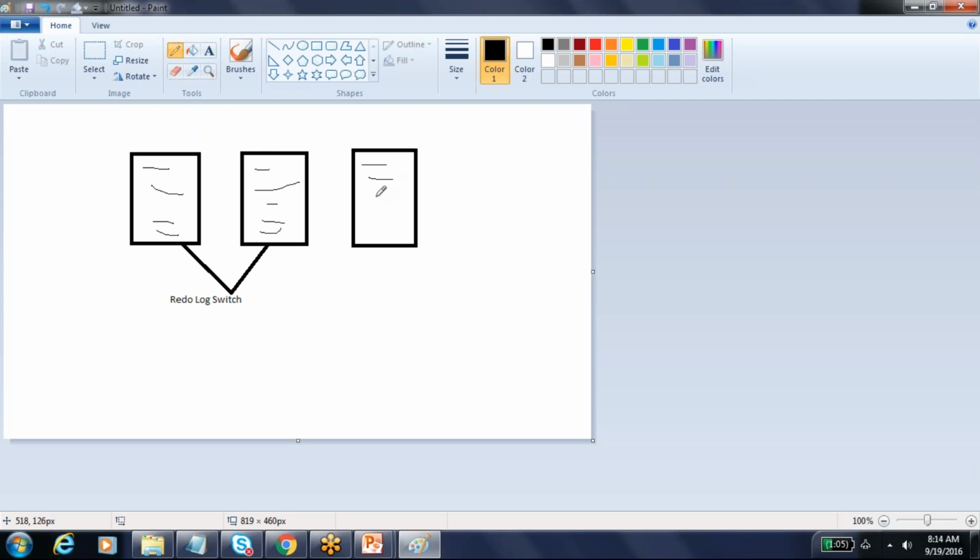Similarly, when this file is full, it moves to the next file, right? So I do another switch. Now this file is full. Now what will happen? Will it go to the first file again? But if it goes there, then what happens to the data which is stored there? It seems like it would be overwritten. No, that will not be overwritten. What will happen once the redo log file switch occurs here,